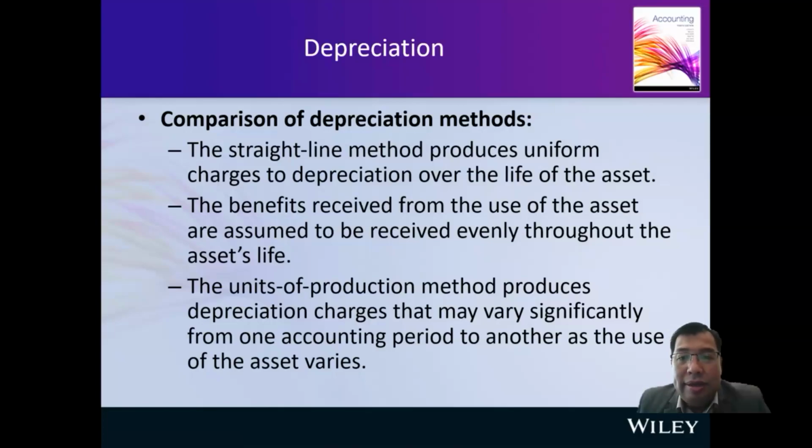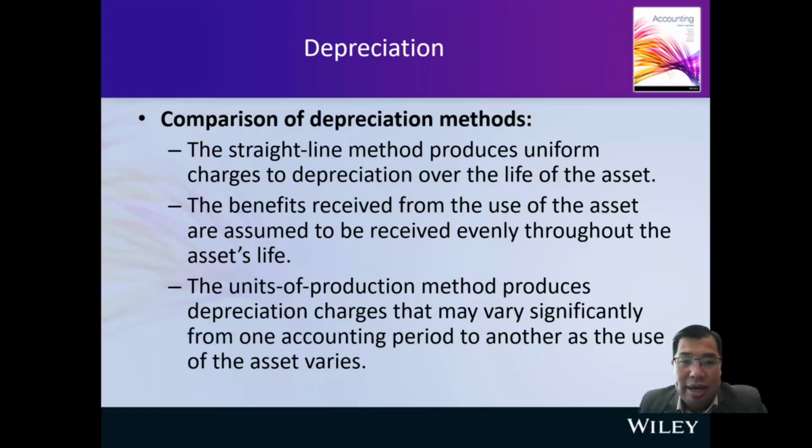The straight line method produces uniform charges of depreciation over the life of the asset. For example, for every full year you're going to provide 10,000 depreciation, so next year you're going to provide another 10,000 depreciation. Okay, $10,000 of depreciation. So the benefits received from the use of the asset are assumed to be received evenly